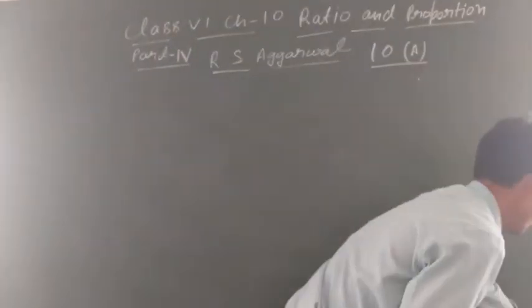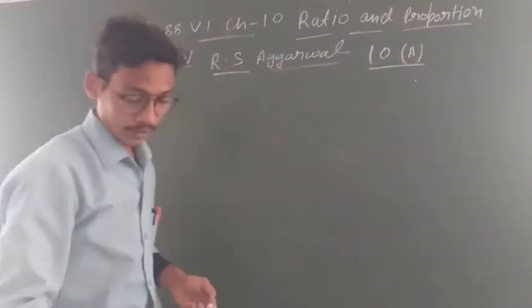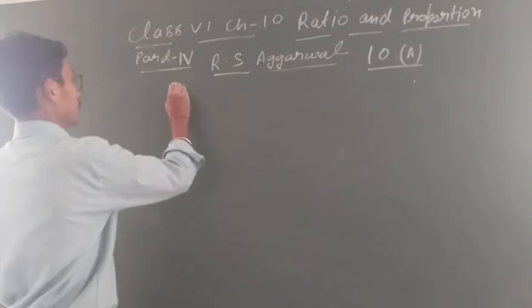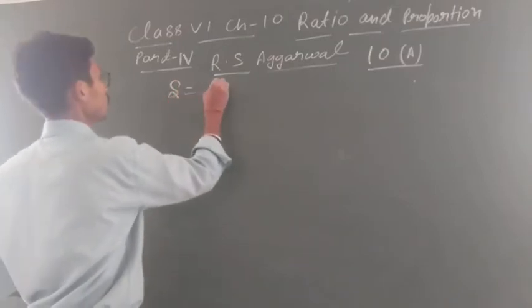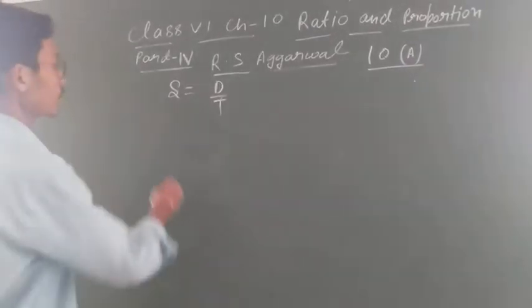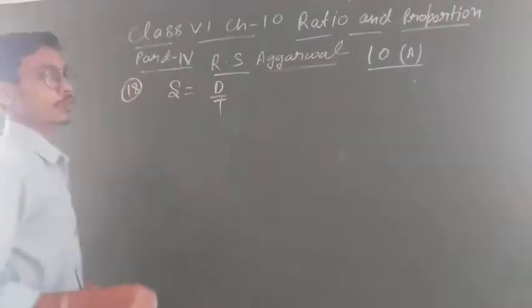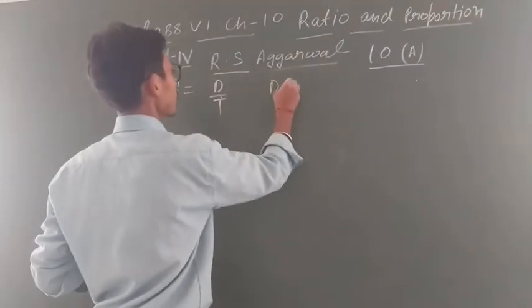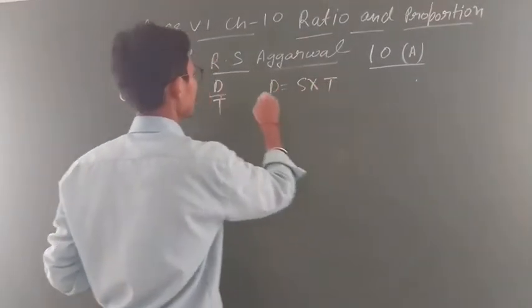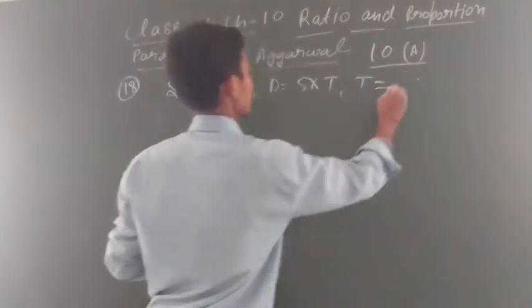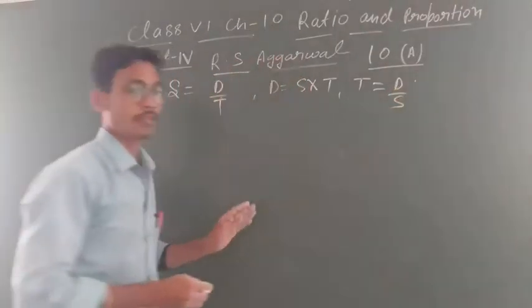So student, our next question is given. A bus covers 128 km in 2 hours. So see, you know that speed equal to distance upon time. You know this very well. And this is question 18. Okay? Speed equal to distance upon time. Student, you know very well. Here, if you have to find out distance, you will write down speed into time. If you have to find out time, what you can write down student? Distance upon speed. Three formulas you know.